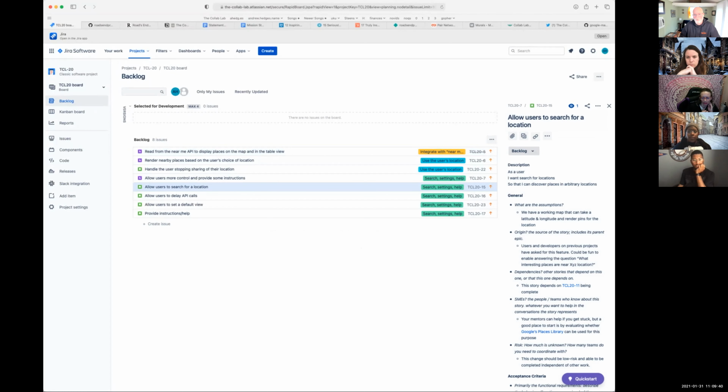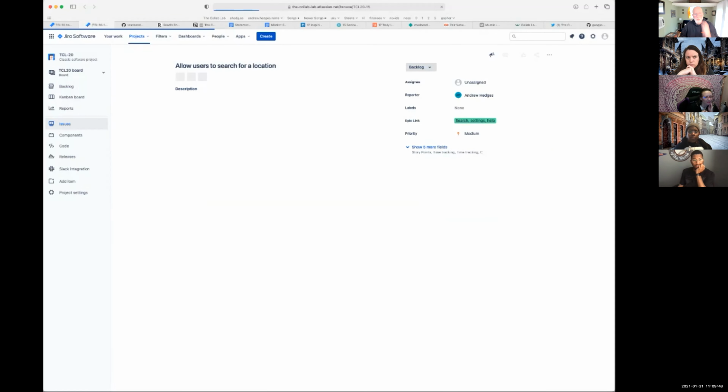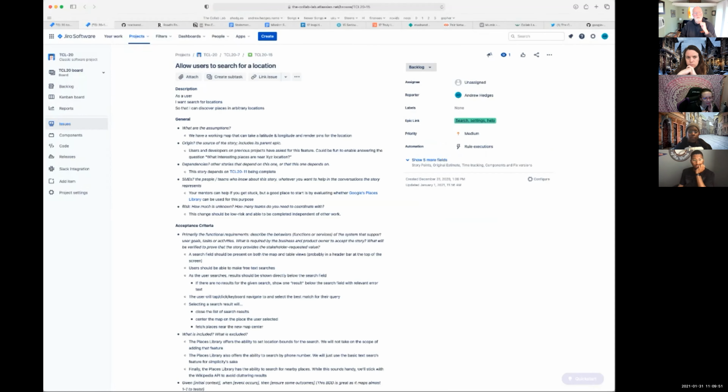I think we haven't done this before. I haven't done it, but I did find one little breadcrumb for y'all. So the assumption is that we have a working map and it takes latitude and longitude. We already have that. So in the past, when we did this project back last May, the team really wanted to, they were like, "Oh, if we had time, we want to add a search feature because you could search for Rome, Italy, and just jump there instead of having to zoom out, drag the map, all that kind of stuff," or if you don't know exactly how to find it on a map, or whatever.